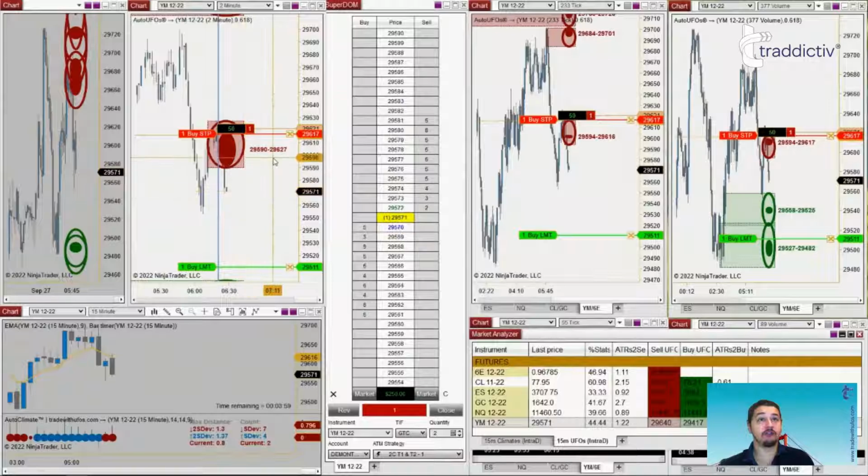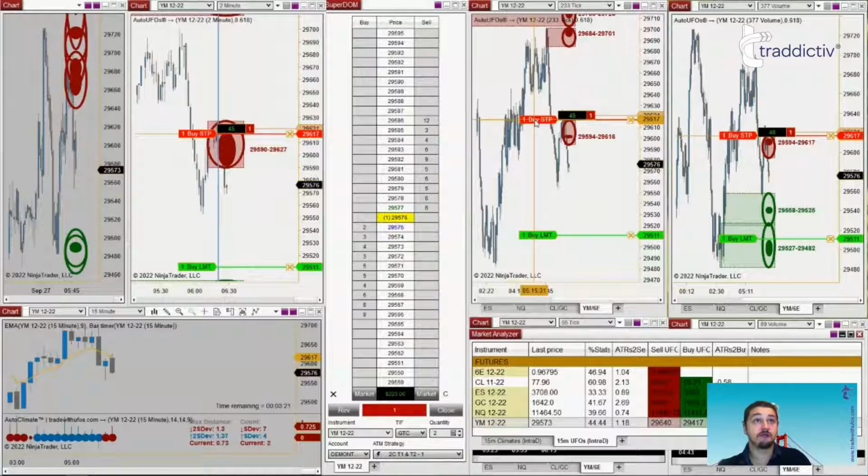All right, brand new UFO. This one's an even bigger one, going all the way up to 627, which is kind of the point where we entered this trade. Okay, now 4 minutes to the open. I'm hoping for another UFO to show up on any one of the charts so we can move our stop to it, because as you know, with the open comes that additional volatility, which if it goes our way, obviously we're going to see something forming, and that lets us move our stop. If not, we may be looking at